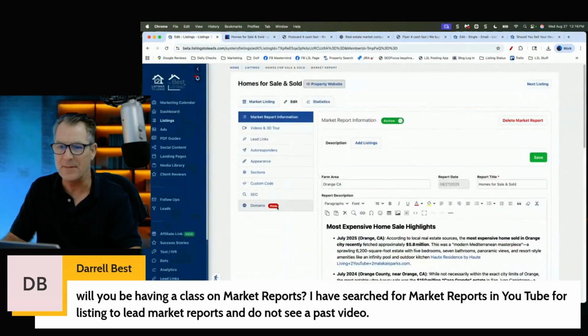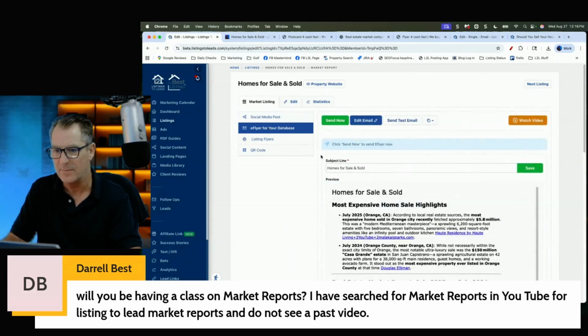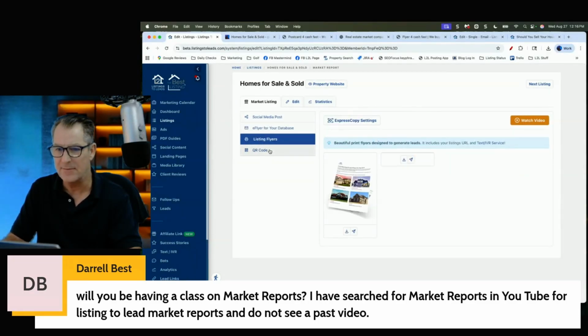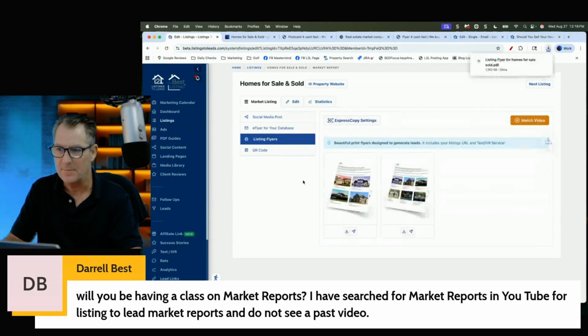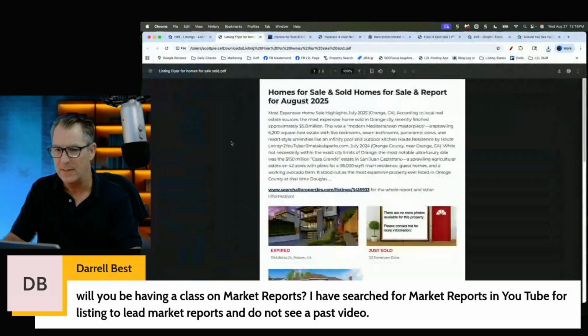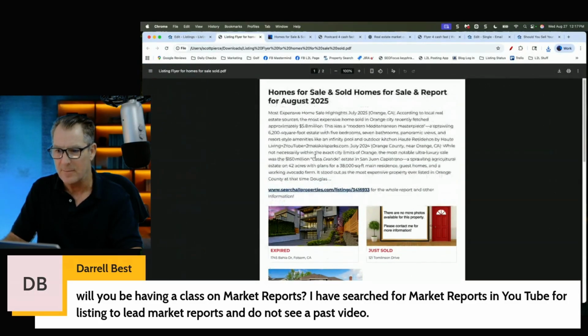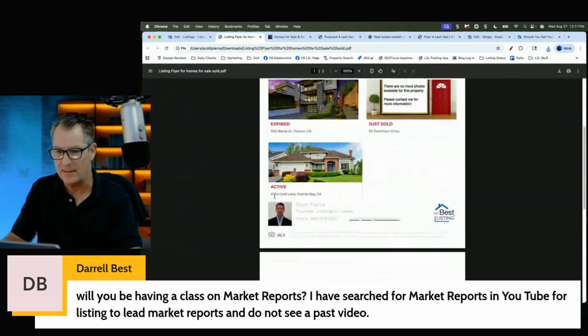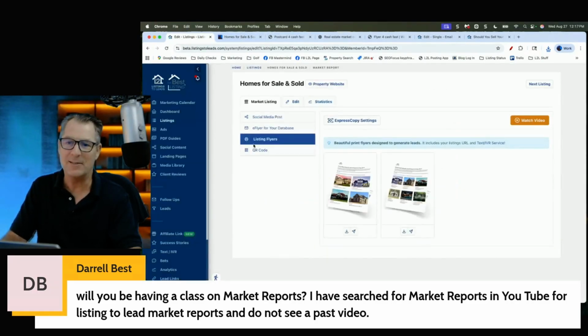But yeah, this is something that I've just not touched in so long. E-flyer for my database, listing flyers. God, let me see what this looks like. I haven't looked at this in so long. But I think this could be something where we could do a lot better. Oh yeah, right there. Those are the listings. We should actually have a QR code on here. A QR code would be better. But yeah, so Daryl, hopefully that